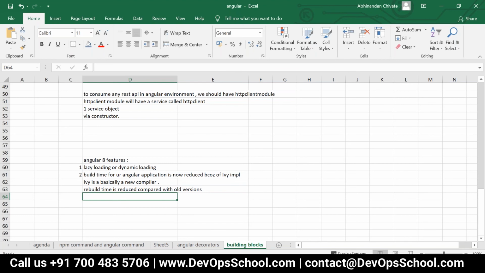Next point is that payload size is decreased. Then template type checking.